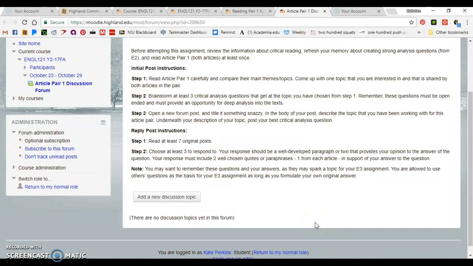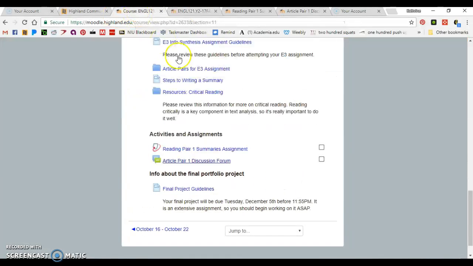Write a paragraph that answers the question in your opinion, and make sure you use quotes or paraphrases from each article. So don't phone this in. This is kind of brainstorming for this essay. So your answers to your questions could very well become your topic. So basically that's what we're doing this week.